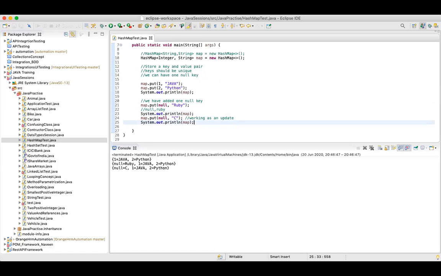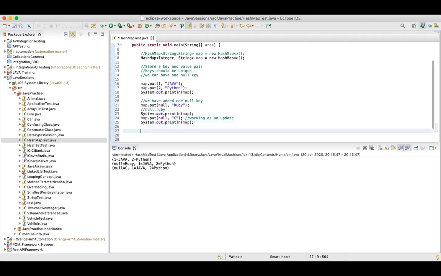Okay, guys, simple. Now let's say I have added something. These are all additions, right? So one simpler way of printing is this line. This will print your entire map. The same method we have in list also. Even in array list, even in linked list, even in hash set, we were able to print like this. With System.out.println, I can directly give the object name, map.